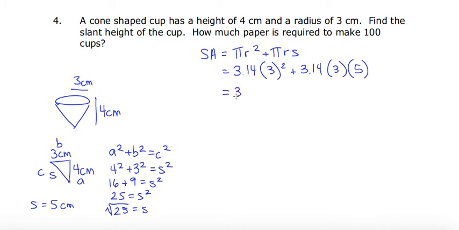So I have 3.14 times 9 plus, and then I can calculate this, 3.14 times 3 times 5 gives us 47.1. 3.14 times 9 gives us 28.26. I'm going to add that to 47.1 to give us a final answer of